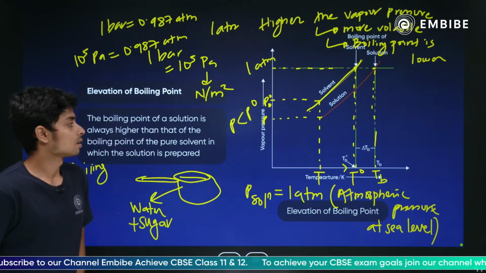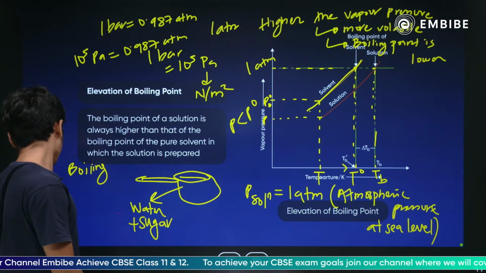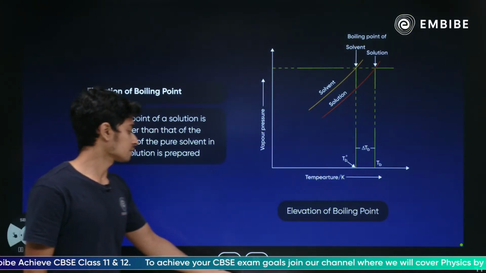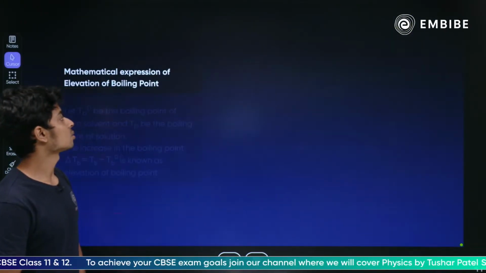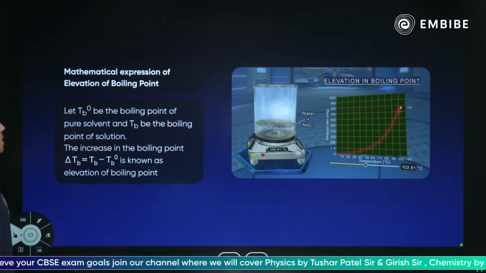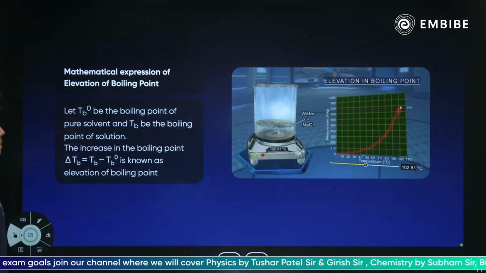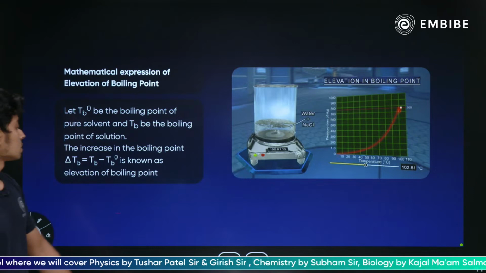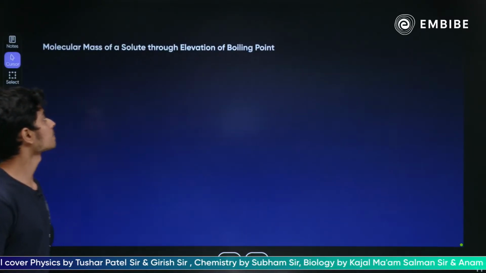ओके गाइस, तो अभी देखते हैं इसका एक मैथमेटिकल रिलेशन भी होता है। मैथमेटिकल रिलेशन क्या होता है? मैथमेटिकल एक्सप्रेशन ऑफ एलिवेशन ऑफ बॉइलिंग पॉइंट। तो डेल्टा टी बी बेसिकली आपका होता है टी बी माइनस टी नॉट बी। इसका एक्सप्रेशन आई थिंक नेक्स्ट स्लाइड में है।